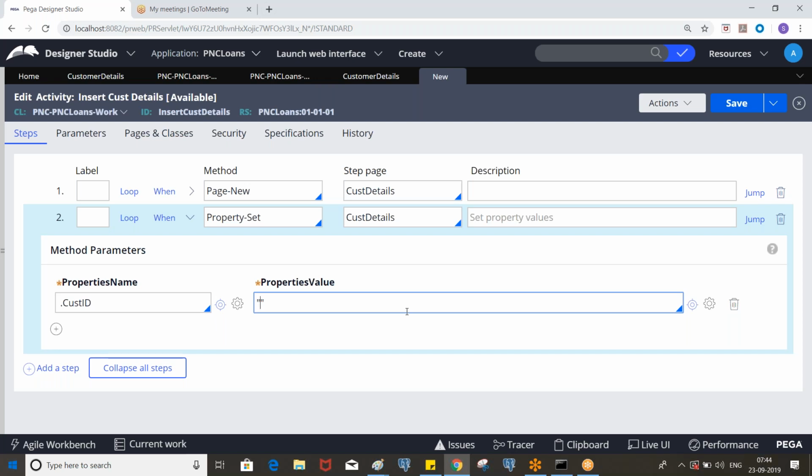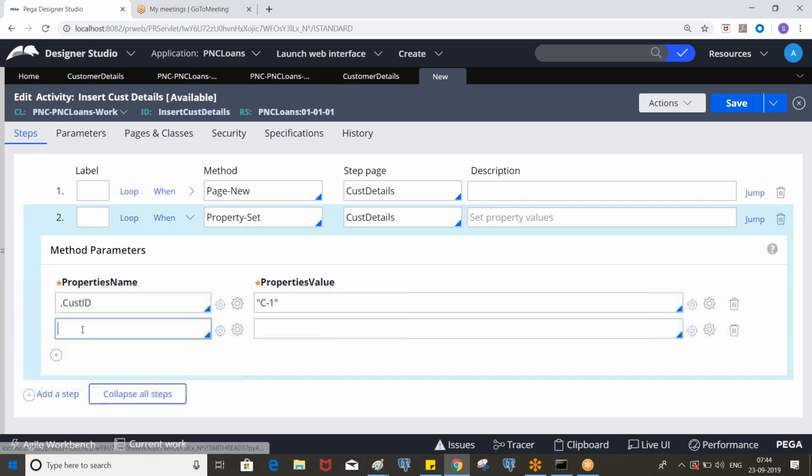Since it is a string, I'm putting the double quotes. This will be the key. And we have a customer name, assigning some name. What we are doing here is assigning values to the properties through the property set method. Clear?